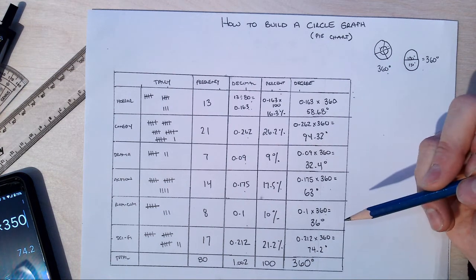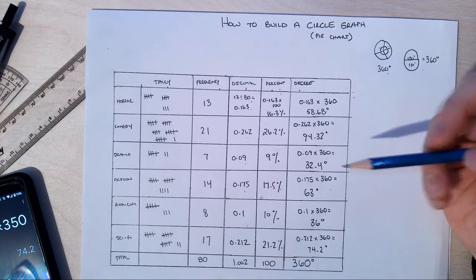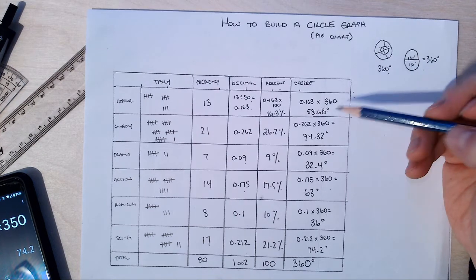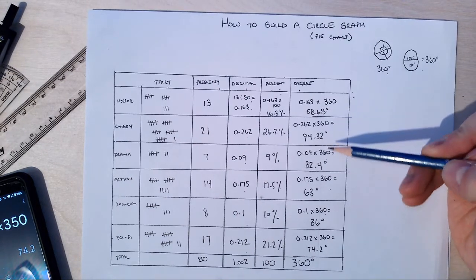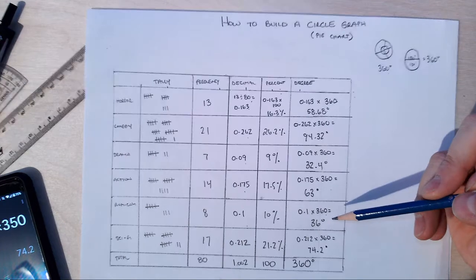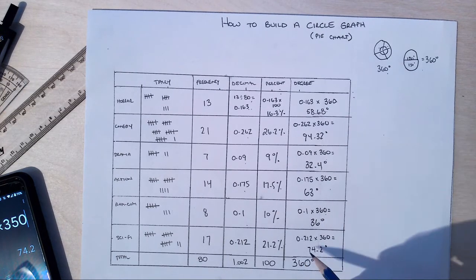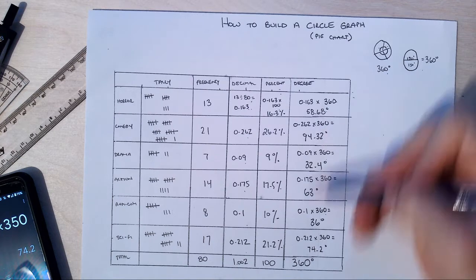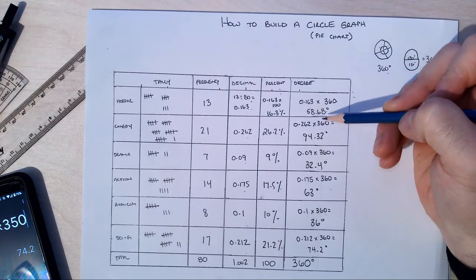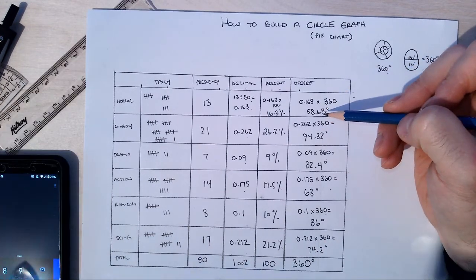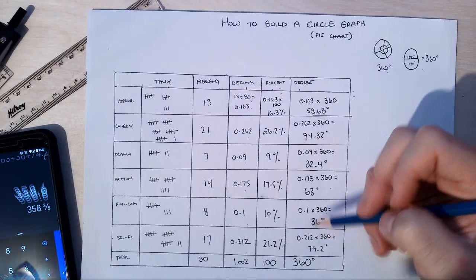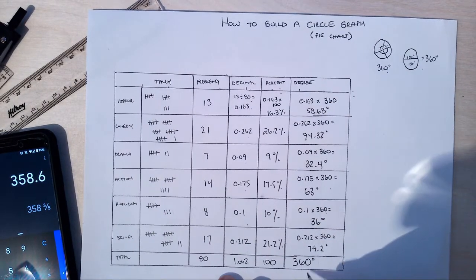The next step is to actually build the circle graph. But before I do, I want to double check that I got my numbers correctly. Like I said before, we know that all of these degrees should add up to roughly 360, or very, very close to it, because all of these together add up to one full circle. So let's add these numbers up to make sure I didn't make any mistakes. When I add all these numbers up, I get